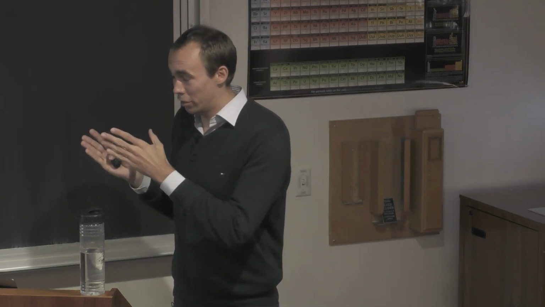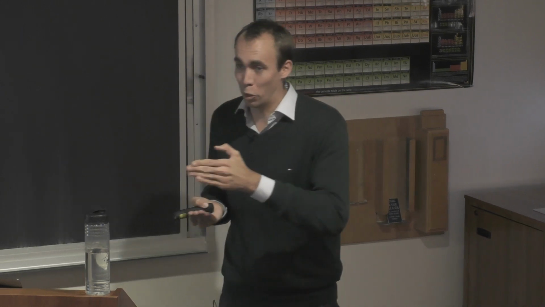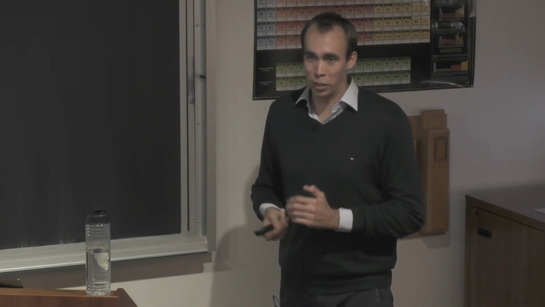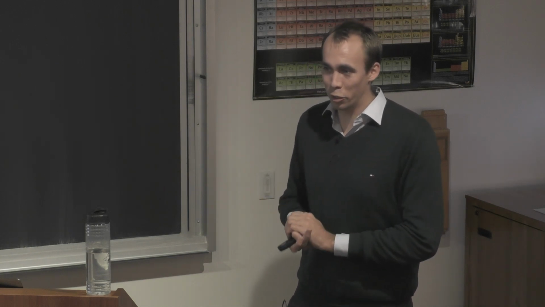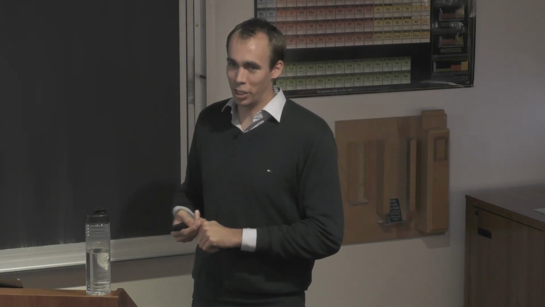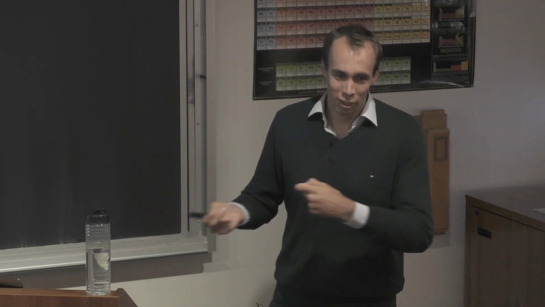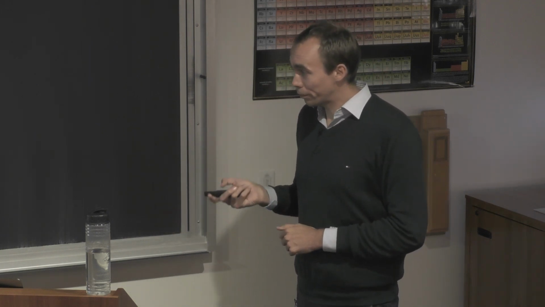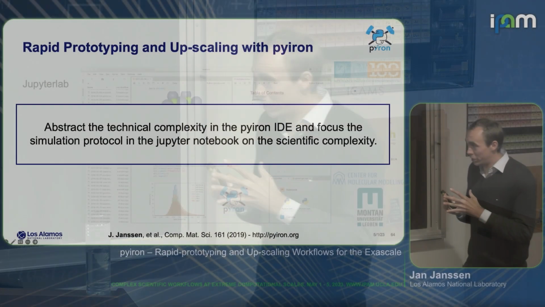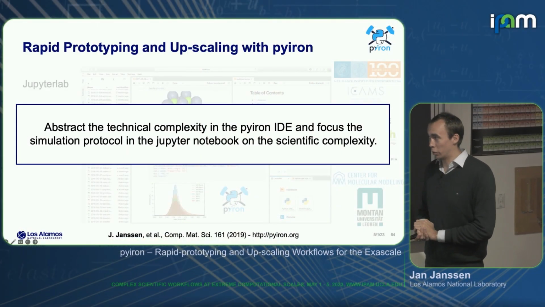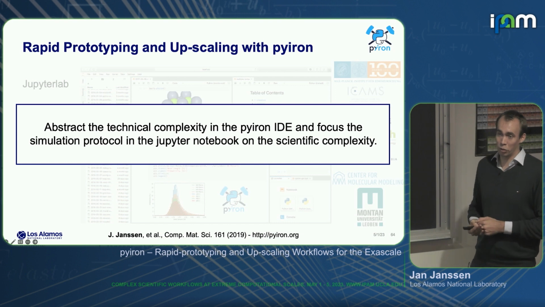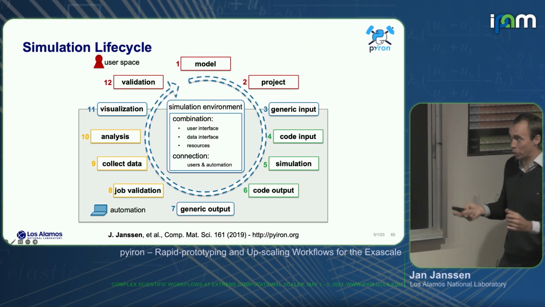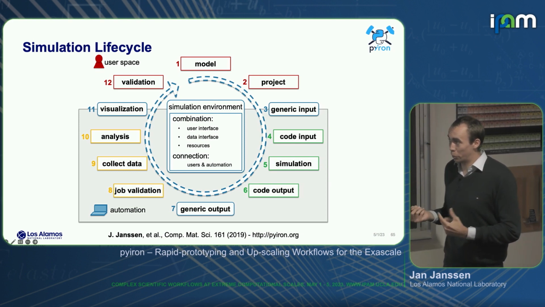And on the other hand, having the Jupyter interface, we can also couple more easily to machine learning people, or maybe also make it more attractive for mathematicians to say, okay, now I can run my own simulation and work with the results, rather than having to collaborate with somebody to run the simulation for me to then build a model on top of this. And so the idea here for pyiron is to abstract the technical complexity so that we as scientists can focus on the scientific complexity.